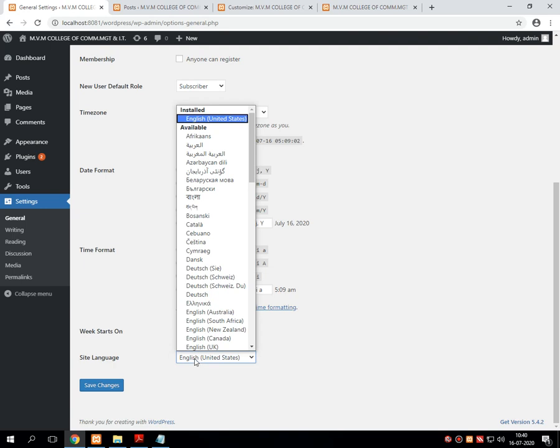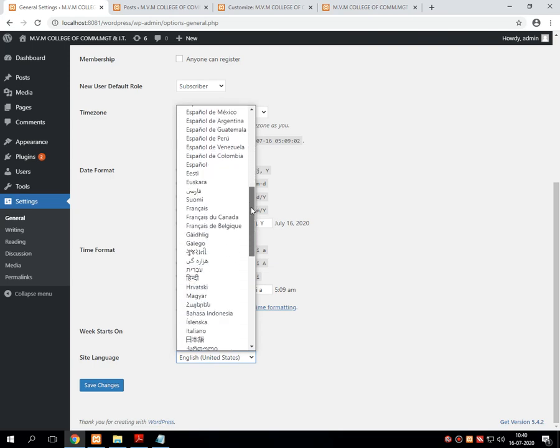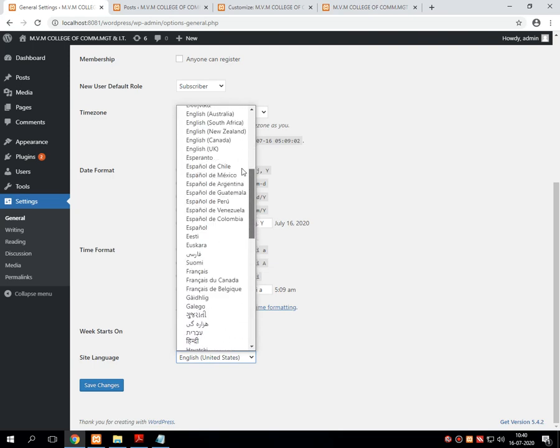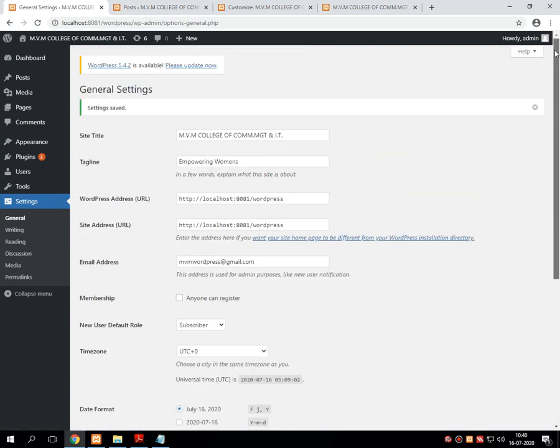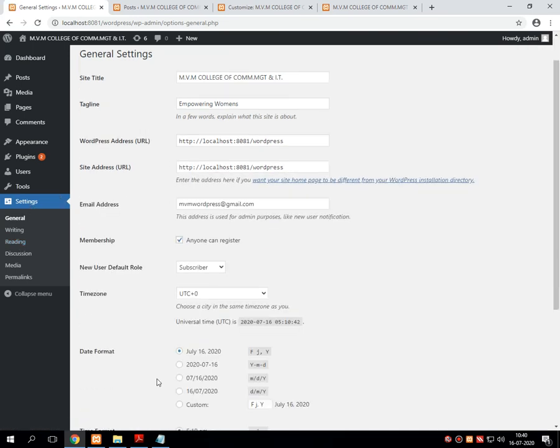If you remember, in the discussion of WordPress, one of the features that we discussed is that WordPress is multilingual. So this multilingual feature is shown over here. You can see that WordPress supports many languages, and that can be done using this particular option. Just save changes and that's all. Everything works fine according to the task that you have decided. So this is called the general setting.